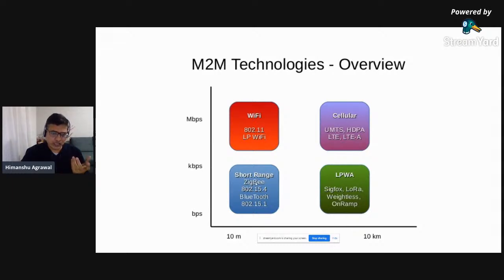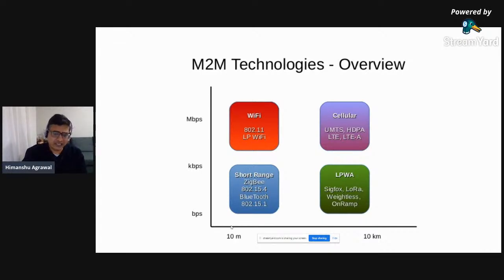If you look at Bluetooth, the new Bluetooth standards are supporting up to 1 or 2 Mbps data rate, right? But still, Zigbee is actually meant for low data rate applications, and the range is also not much.